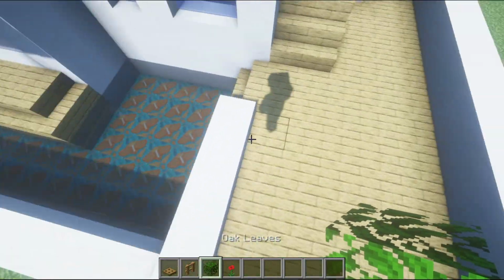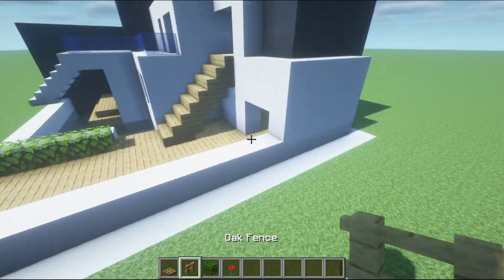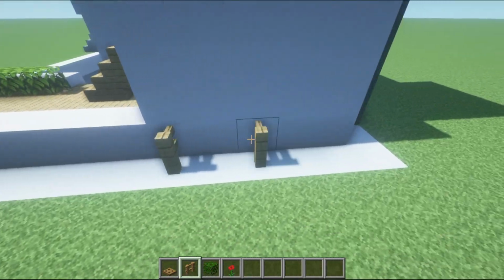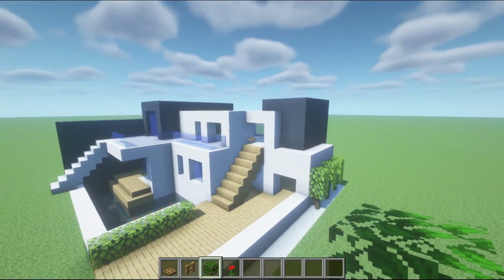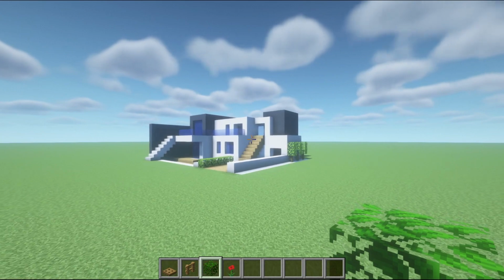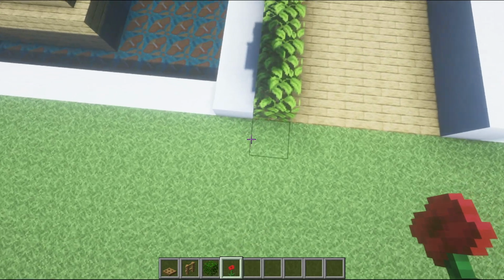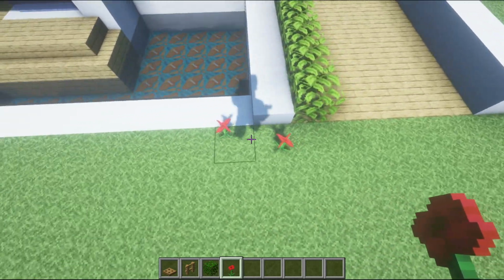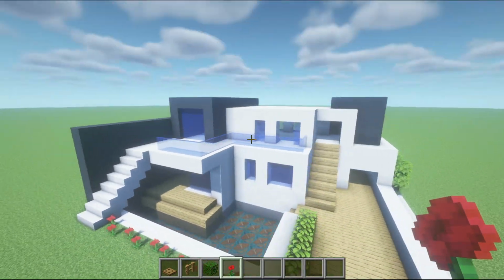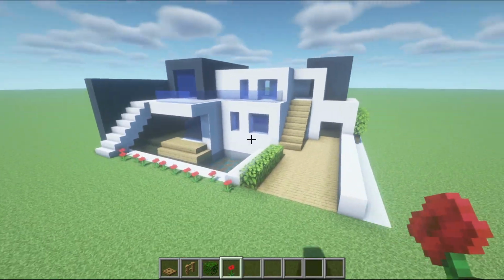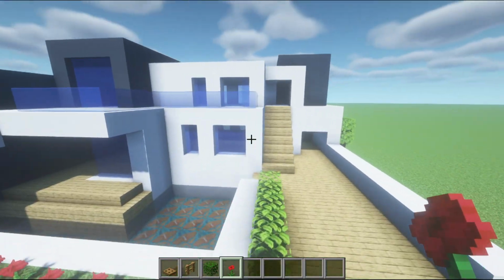So leaves are going to be placed on the side here where we have these slabs. We're also going to use a mixture of fence and leaves on the side of the build to create just some plants like this, just some bushes or shrubs or trees. We're also going to place poppies in front of the build as well. So this is primarily just in front of the pool like this. It kind of draws your eye, I think, hopefully to these stairs, but it also might be a little bit much. I don't know whether I like this